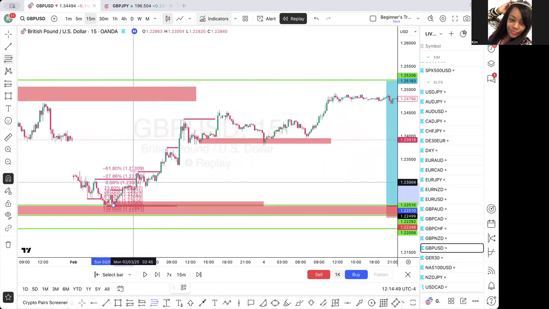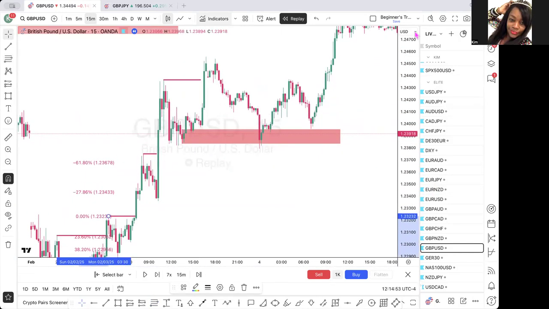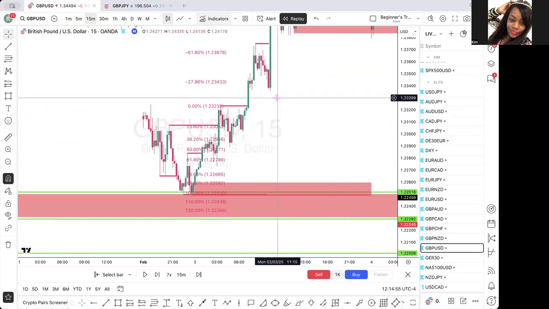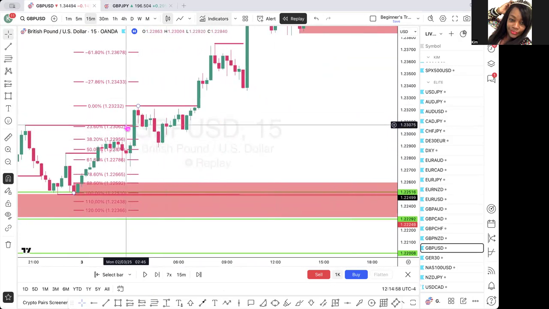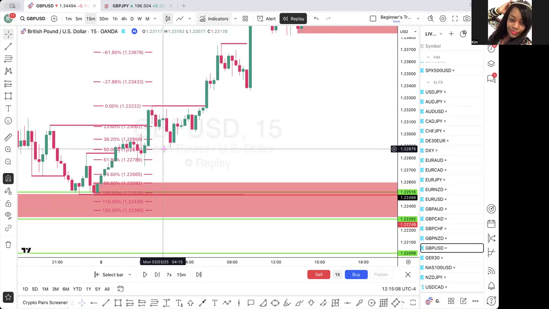I want to say that's around the 50%, 618. Let's see. So this pulled back. Once this broke, this pulled back to around the 50%, in between the 50 and the 38.2. So I wouldn't have gotten in this trade because I would have wanted price to pull back to